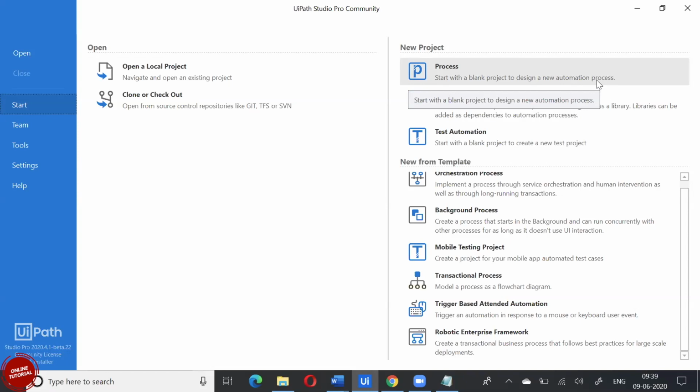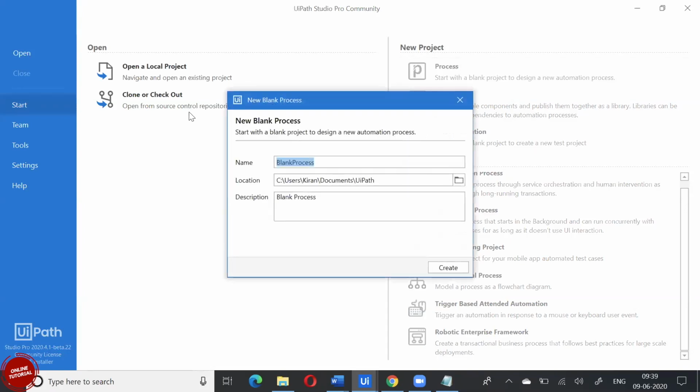We usually split the process. For example, you're automating a very big process for a bank. You have a separate division for credit card, debit card, and loan processing. So you design separate processes for them and combine them inside a single project. A project is either a combination of small files, or it can be a single file as well. But to create a new project, this is the only option, so you'll have to click on this.